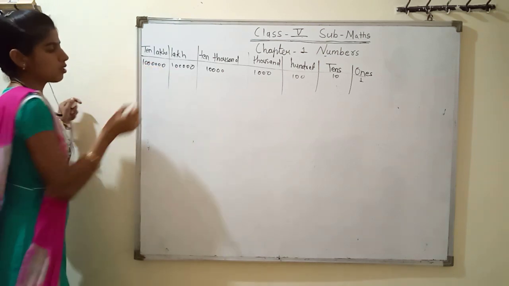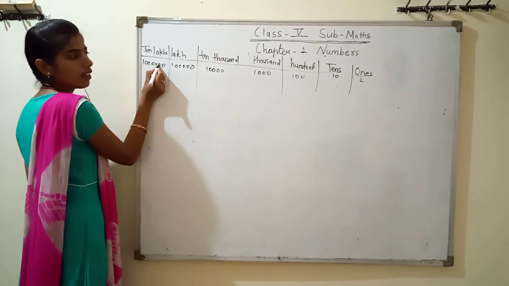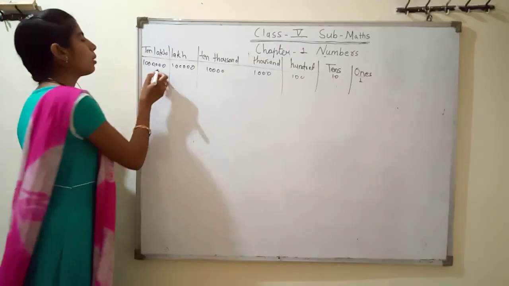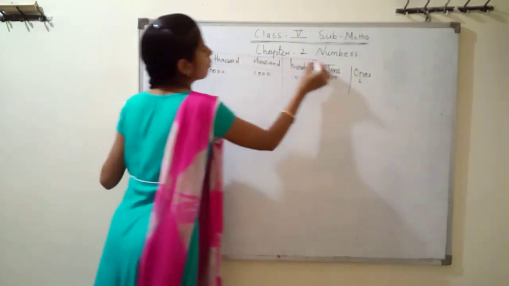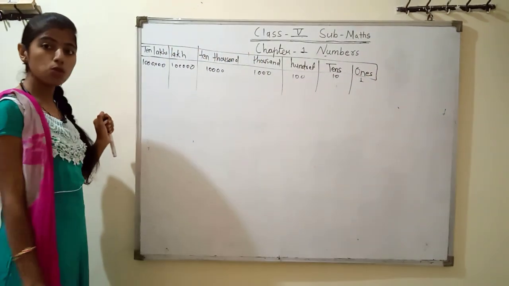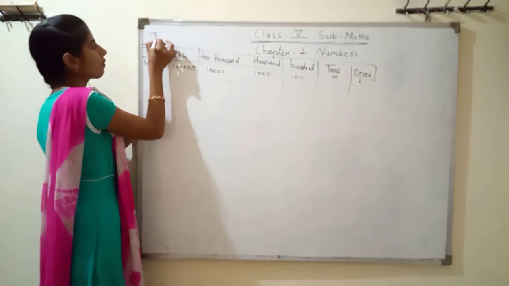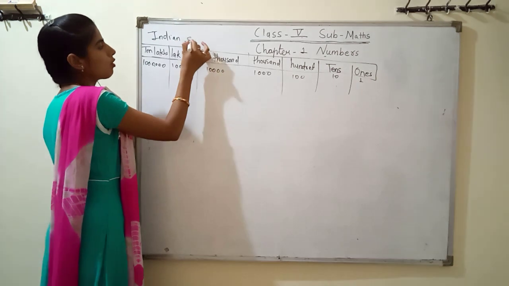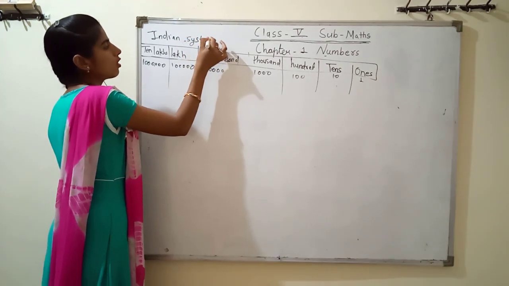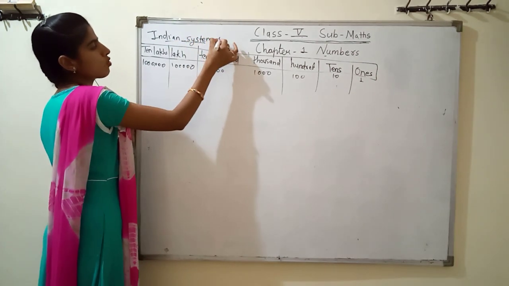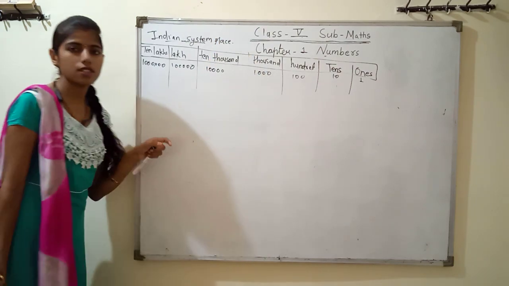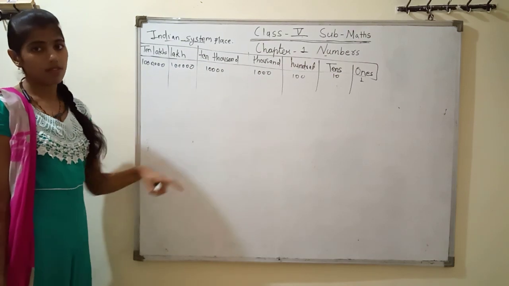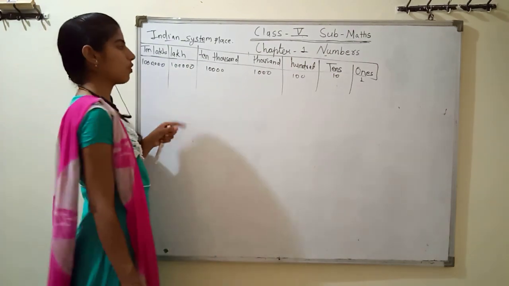You can read here also, that is the ones value, ones, 10, 100. Why do we put a comma here? We are knowing why: that table is according to our Indian place value chart, according to our Indian system. We already read about it in 4th class, about the Indian system place value chart and the international system place value chart.